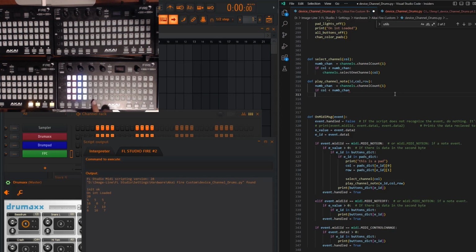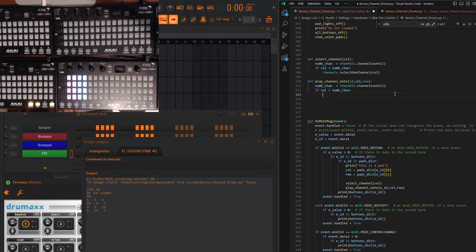So if it's 4, it has to be less than 4 because 0 through 3 is a count of 4. So if that is true, we want